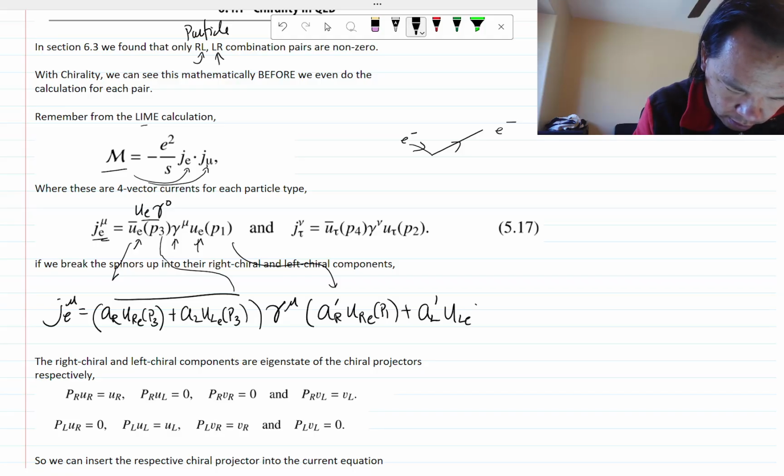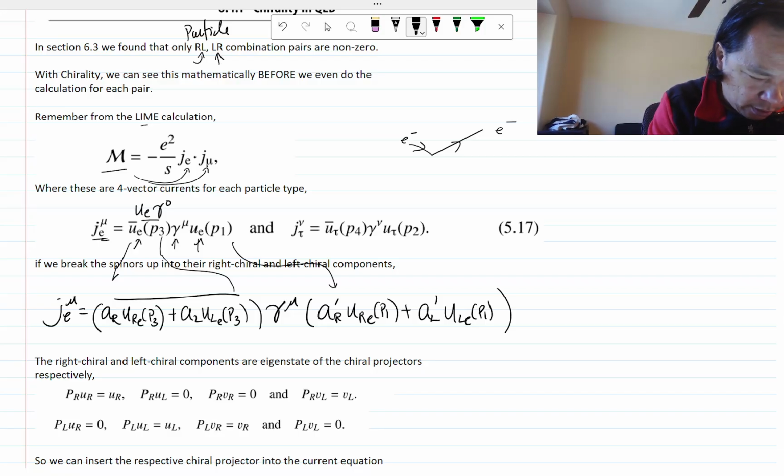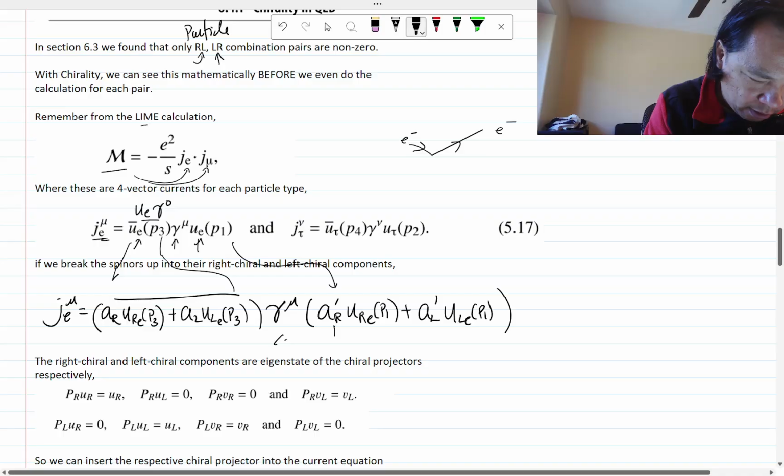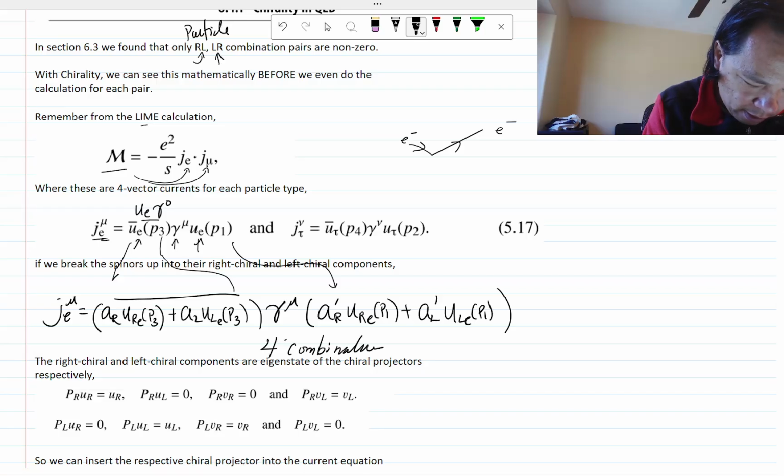ULE P1. So when you're calculating these currents, that's where you end up with all these different combinations. You have basically 4 different combinations here for the incoming particle. And then if you do the same thing for the outgoing,